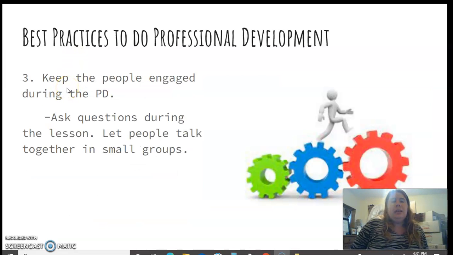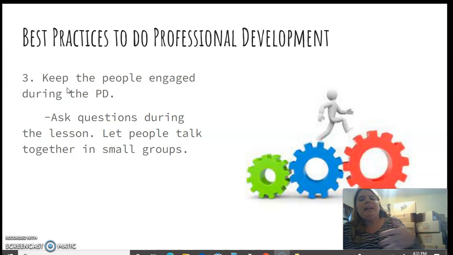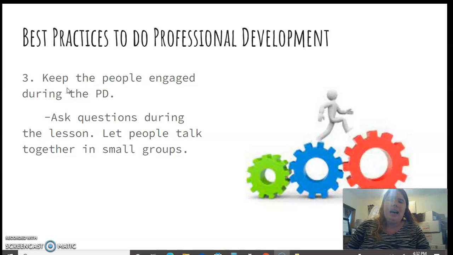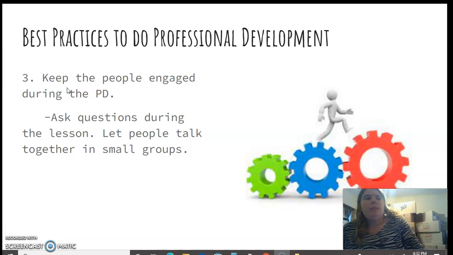The third thing is to keep people engaged during the professional development. Try to make it entertaining for the adults listening. Try to ask questions. Make sure people are focused by asking questions within it or giving short brain breaks. I've been to professional developments where they gave out door prizes. They told you to check under your chair for a sticker. They gave a snack time, a break time to discuss. That helps make it easier for the teachers and the other adults in the room to focus.